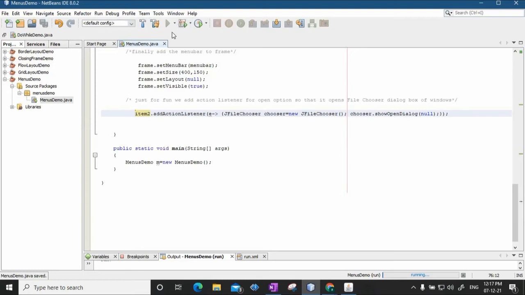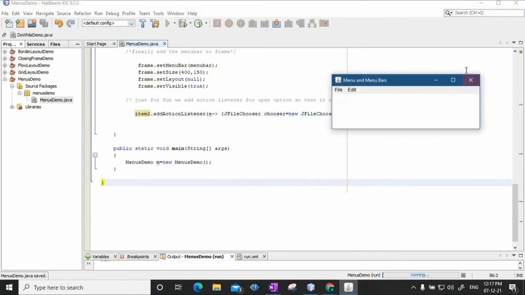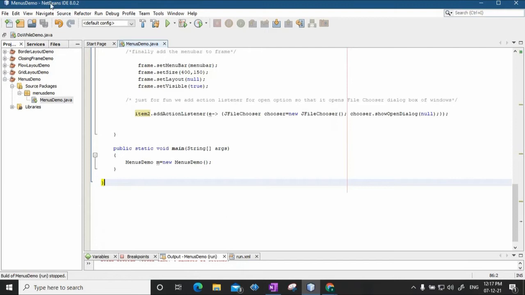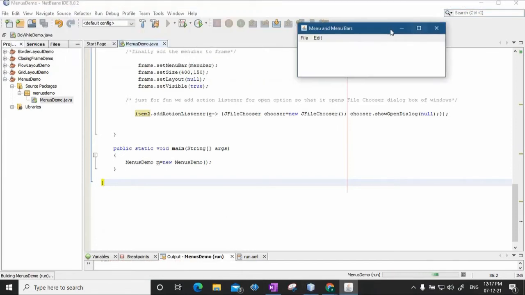Let's save this and run that particular program. I'll stop the execution and rerun this program. I will say run. Notice that now I have included this particular action listener. The action listener object e basically creates an object of class JFileChooser, which ultimately is used to choose a particular file that is to be opened.